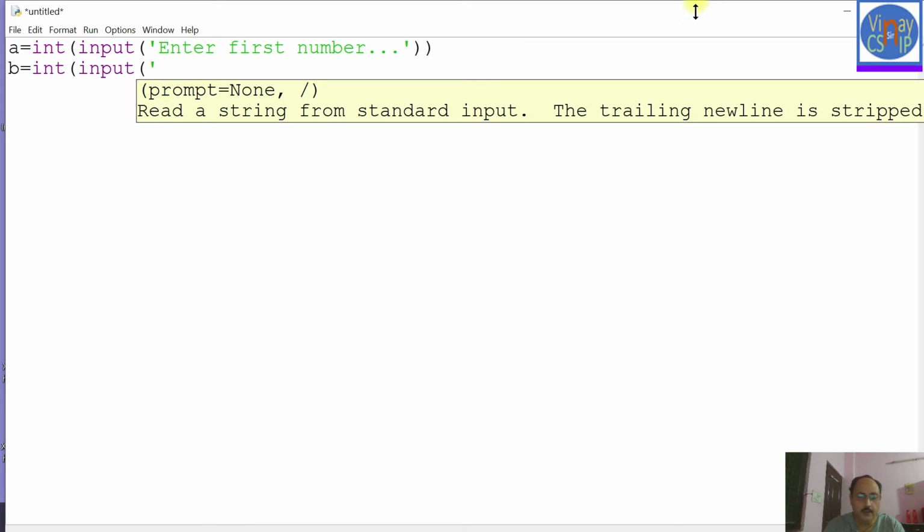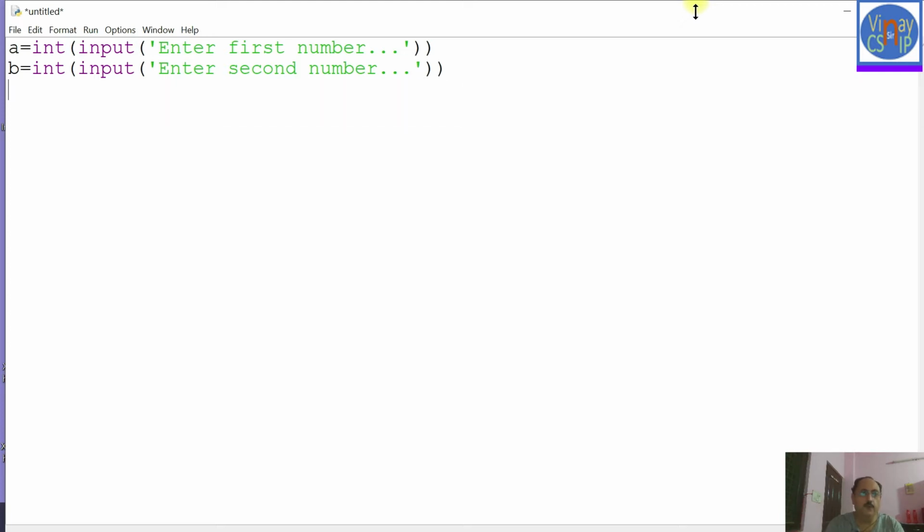So input, enter second number. So I have just input both the numbers, and now I just want to display the larger of these two numbers a and b.